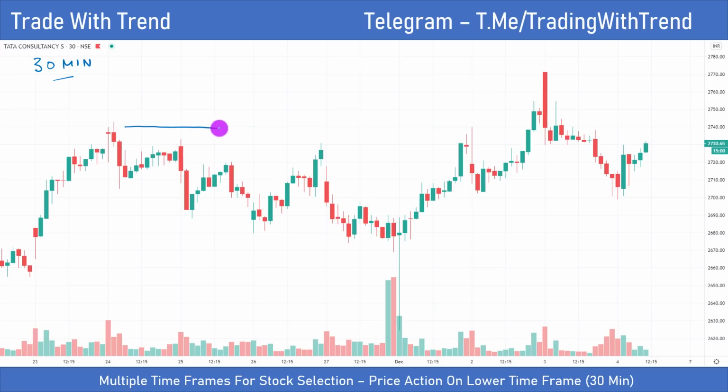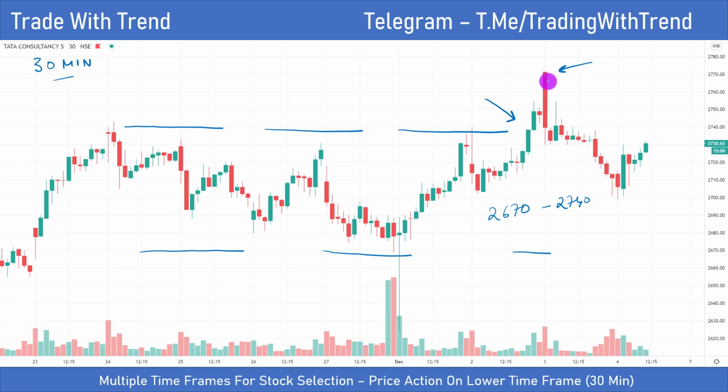See, initially TCS was in a range of 2740 on the upside and somewhere around 2670 on the downside. So the range was clearly marked out, 2670 and 2740. What has happened in recent times is that price has attempted to move higher. This was a session where price gapped up, but again we saw strong selling on the downside. Why this is relevant here is because the range of this candle is between 2770 and 2730. This is again very close to the previous breakout region. So this was a resistance region earlier, and after the breakout, this has now become a valid support region.